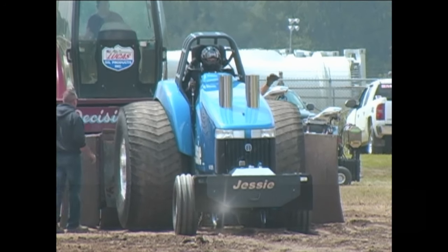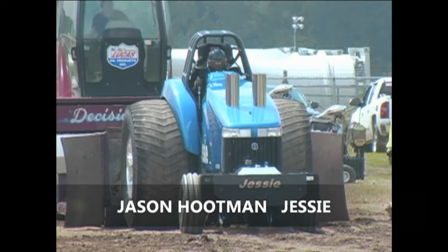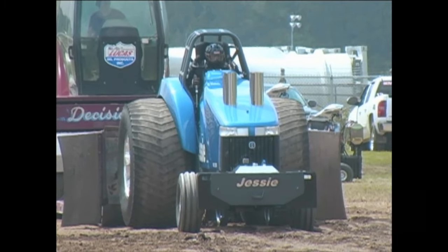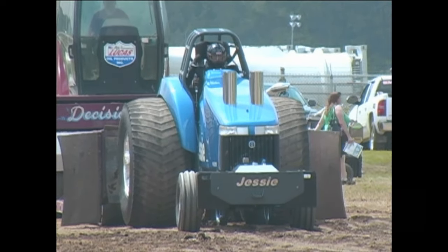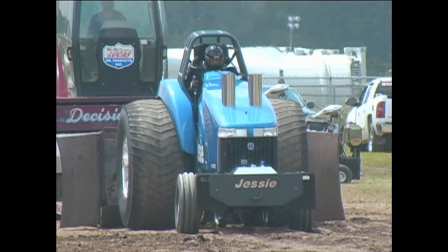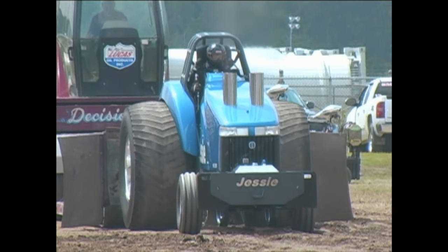Well, there's the heavyweight class. If you want to have somebody to drive your tractor, this is the guy to do it. He built the tractor, now he's going to sit in the seat. Jason Hoopman driving Jesse here this afternoon. Yeah, I do stand corrected. I didn't know that this is a new chassis. Heavy class only. We built a new chassis so it can